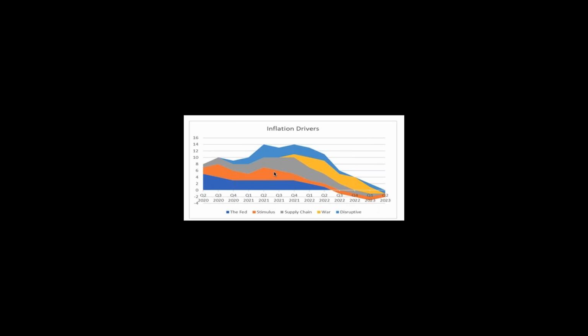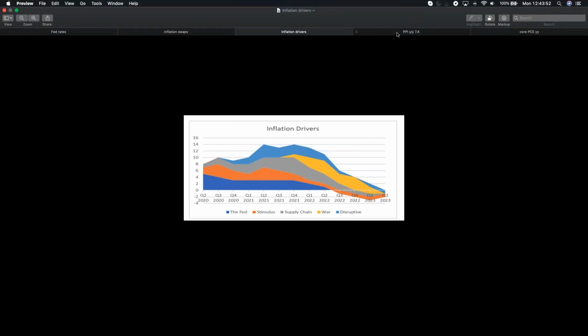Stimulus and fiscal boosts are all being cut back as markets are no longer being supported by huge amounts of government spending. So fiscal stimulus is now falling and is no longer such a great inflationary pressure as it was. We also can see supply chain issues are starting to fade. The Russia-Ukraine war is stabilizing in the sense that some of the inflationary factors, particularly food, are falling, although there are risks involved with this. Energy prices have been falling of late. So inflation drivers from a geopolitical perspective, a fiscal perspective, as well as a monetary policy perspective, are all generally moving lower.